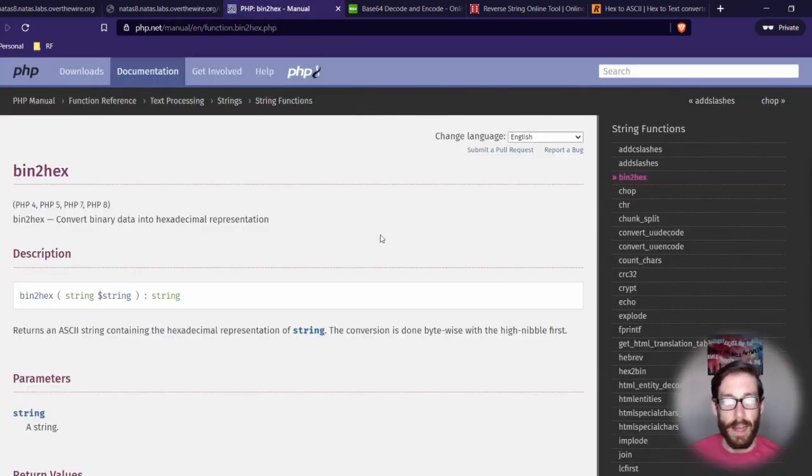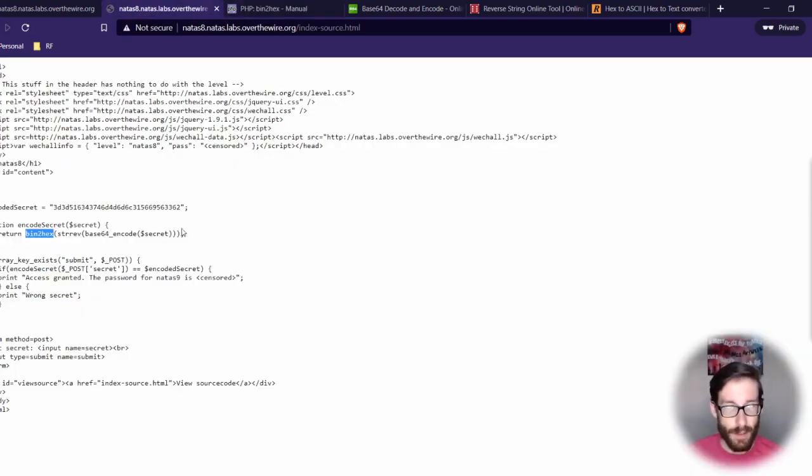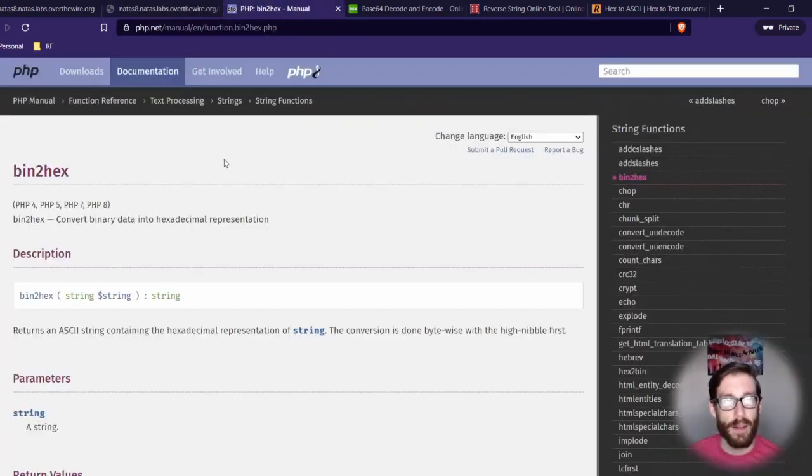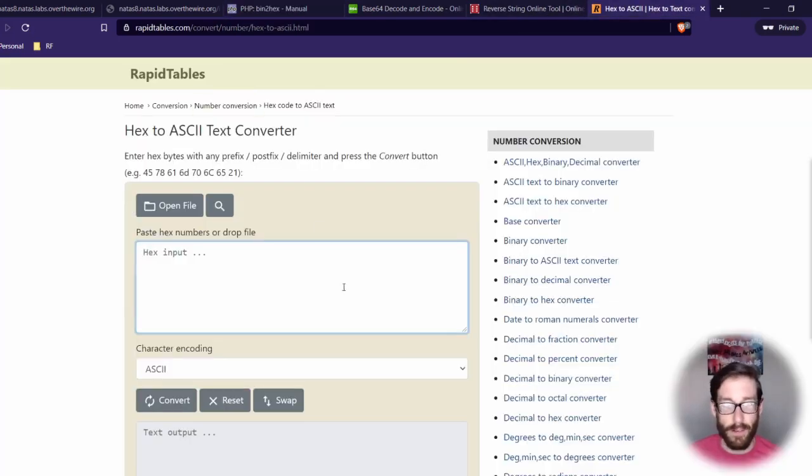How does it work? And when looking in here, you can actually see that it's not necessarily always binary to hex, but what it does is it returns an ASCII string that is a representation of hexadecimal. So once I saw this, I knew that basically what I needed to do was reverse this encapsulation to get the secret that mattered to me. So I need to run this backwards through this series of functions to get the answer. And coming in here, you can see that if it converts to ASCII containing a hexadecimal representation, I'm going to do that backwards. So what I'm going to do is convert hex to ASCII.